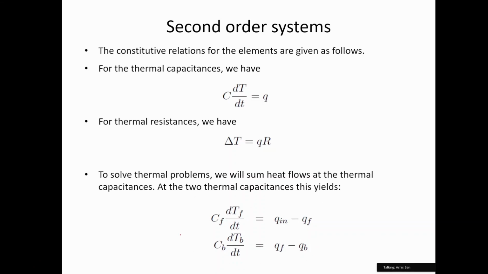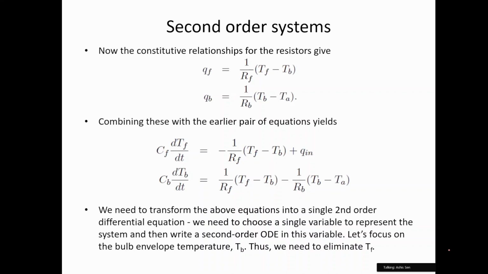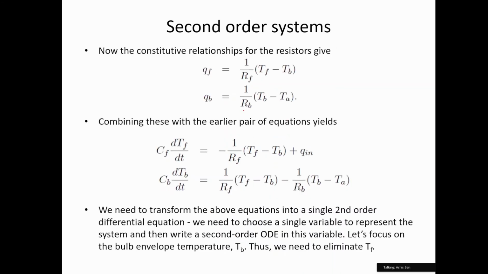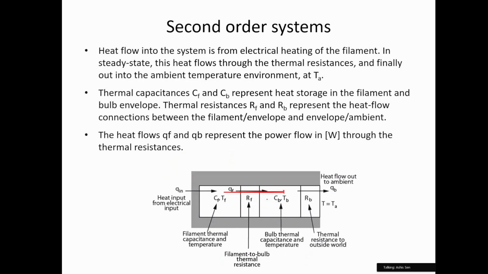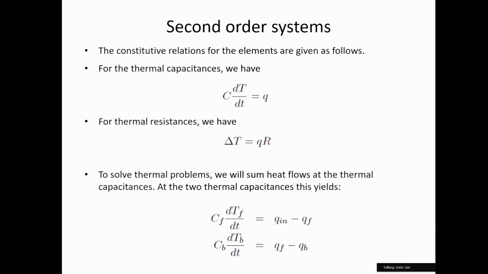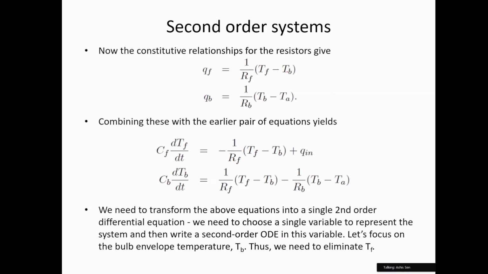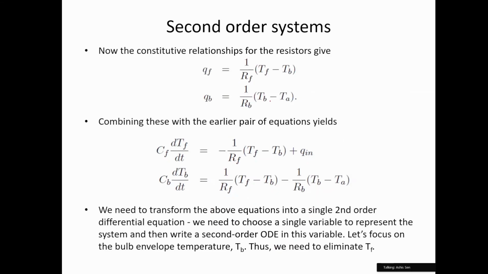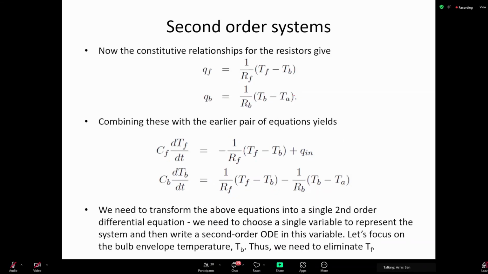So essentially, here we have two different equations. And you can actually write QF from here. For the thermal resistance, QF is delta T over R, where the temperature drop across the filament is TF minus TB, and the resistance is RF. So QF will be delta T, which is TF minus TB, divided by RF. Similarly, across the bulb, QB is basically TB minus TA, the temperature of the bulb minus the temperature of the ambient, divided by